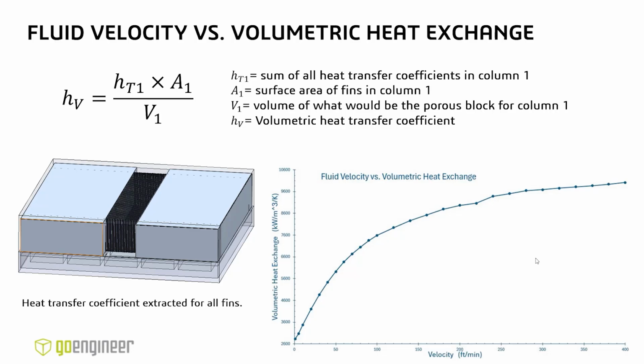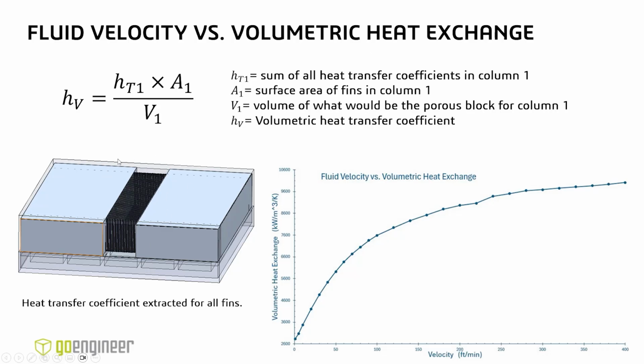I replicate this for the heat transfer. It's a little bit different, but a similar process. Take a look at this bottom left picture here. I've blocked off fins that are around other rows of battery cells. I'm just focusing on one row of battery cells and the fins that span that area. And then I would do the same idea. I would have an inlet and outlet. I would subject it to a range of velocities. And then I would output the heat transfer coefficient